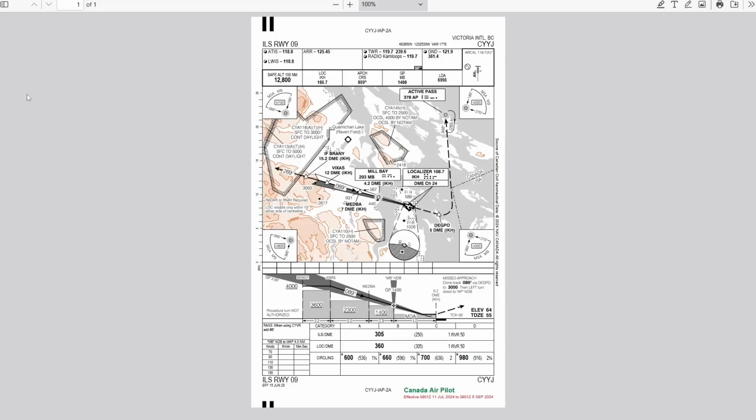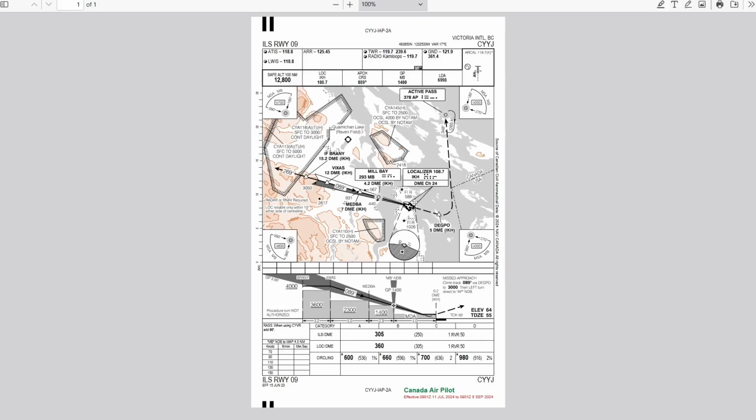All right, what I have up here is an instrument approach chart, and they're published for all aerodromes everywhere, provided they have some allowance for an instrument approach. There are two basic instrument approaches to aerodromes or airports: non-precision or precision. Now, a precision approach is where you have the radio navigation instrument landing system, or ILS, which is very accurate, and it can bring you right down to the end of the runway, almost fully automatically. It tells you whether you're too high, too low, or too much to the left,